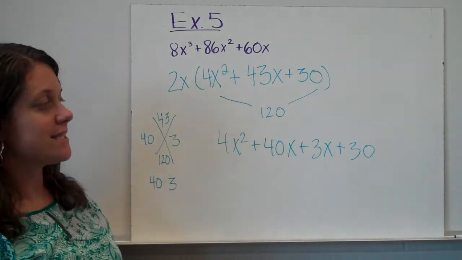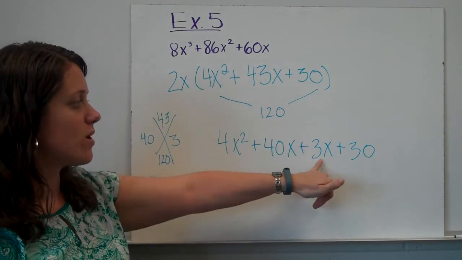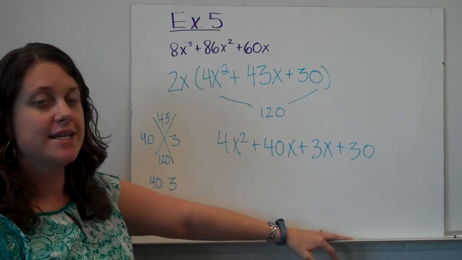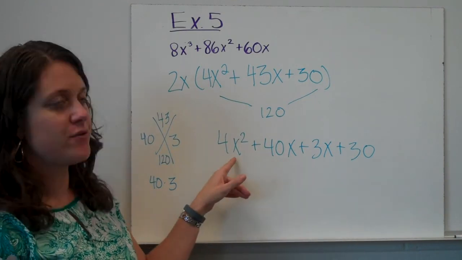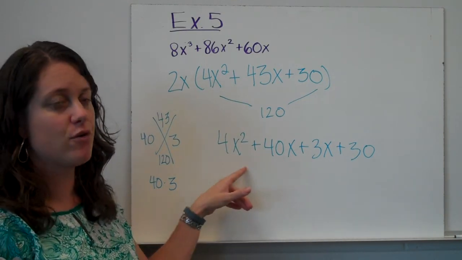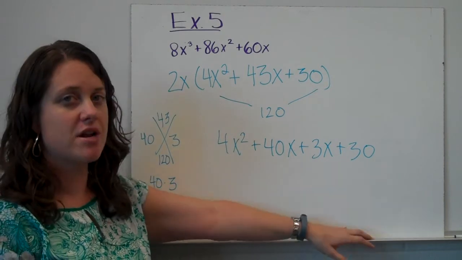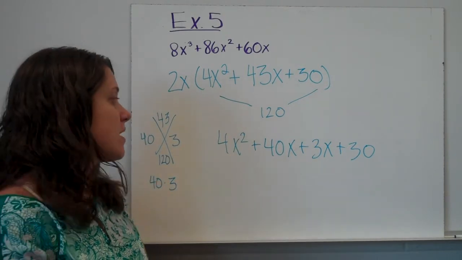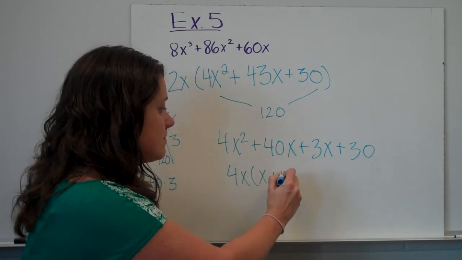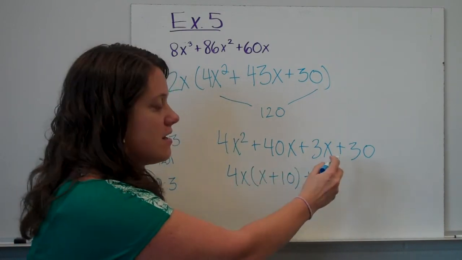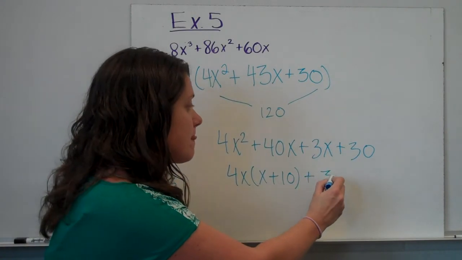And many of you have been asking, how do I know where the 40 goes and where the 3 goes? And I've been telling you, it doesn't matter. It'll come out the same way. But I'm going to put the 40 with a 4, because then I can factor out a 4. And the 3 with the 30, because I can factor out a 3. Okay, so 4x, and here I'm going to factor out a 3,